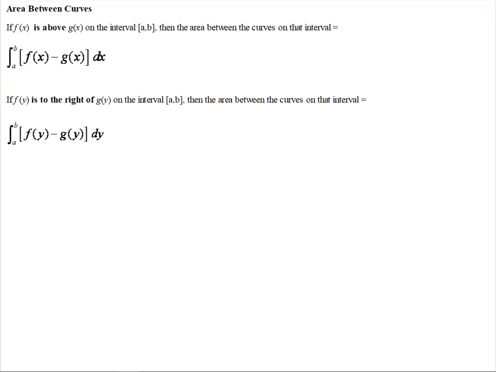So it says here, if f of x is above g of x on the interval from a to b, then the area between the two curves on the interval is the integral from a to b of f of x minus g of x dx. So what that would look like is within the region, f of x is the one that's above g of x. So if this is f of x, and this is g of x,